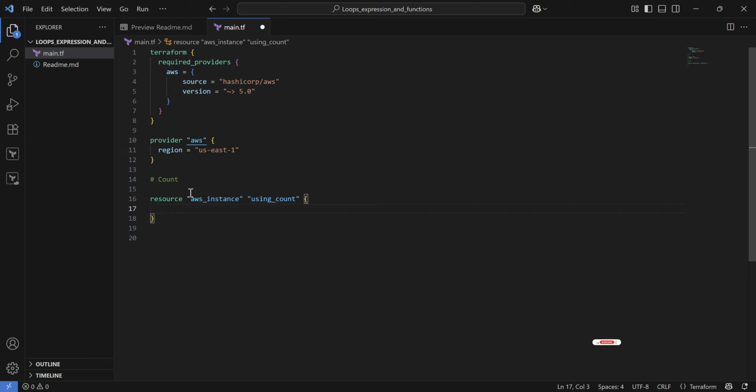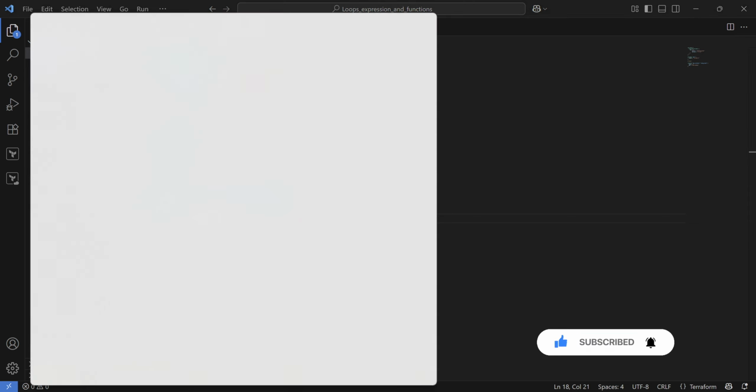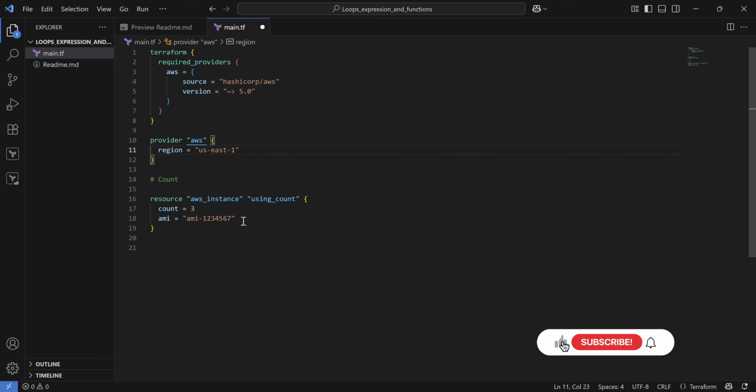AMI ID is more like, let's say AMI ID 1234567, but technically this AMI does not exist. So what we can do is open the notepad, and in the notepad we have this AMI. We can get the AMI from the data source. You do not really need to look for this AMI from the data source. You can get it from the AMI ID, but we just want to make sure that this can be